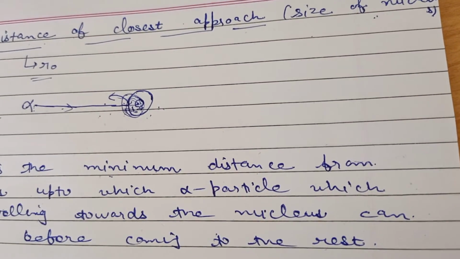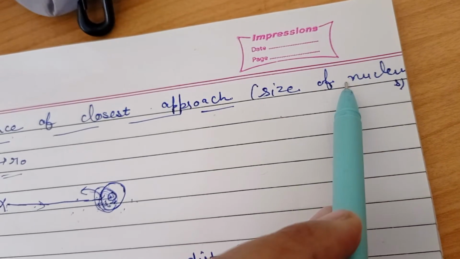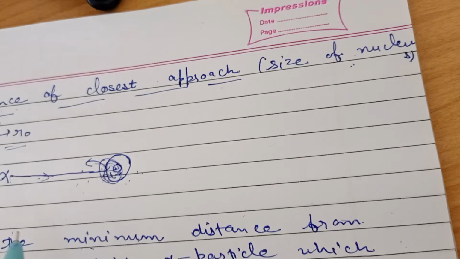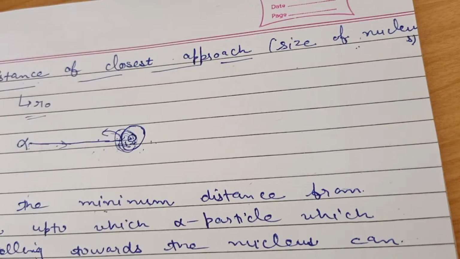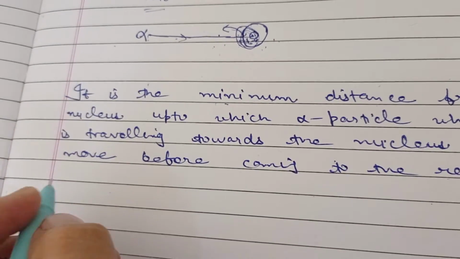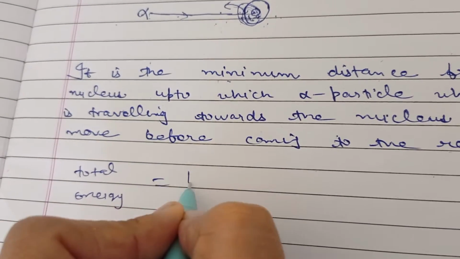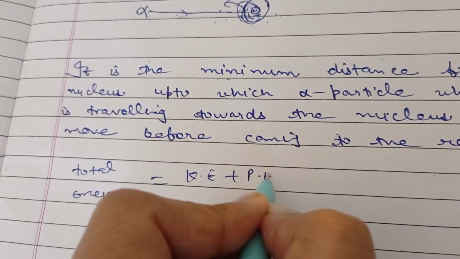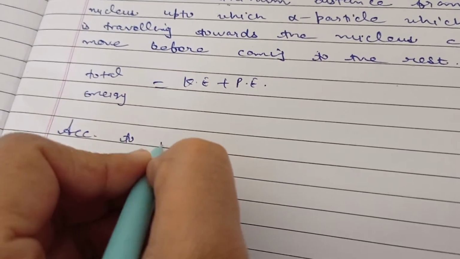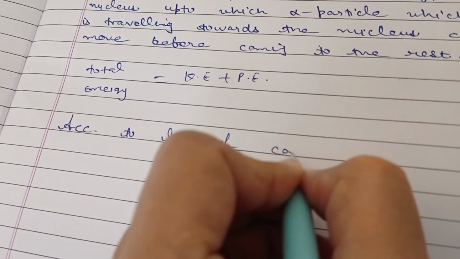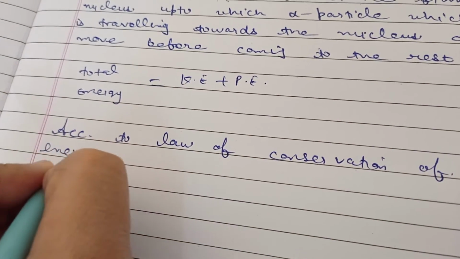Now by applying the law of conservation you can calculate the radius of the nucleus, that is, the distance of closest approach. How? Total energy is equal to kinetic energy plus potential energy, right? And according to the law of conservation of energy,